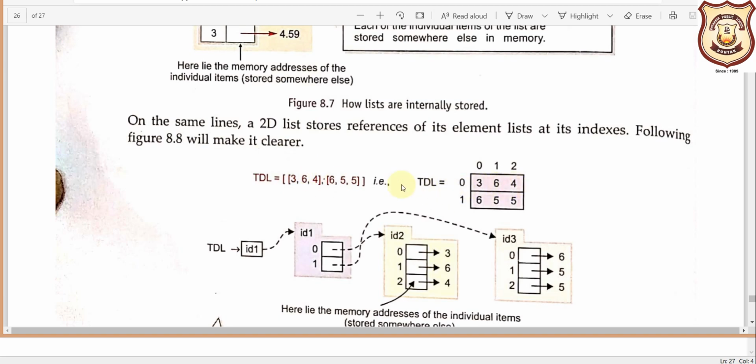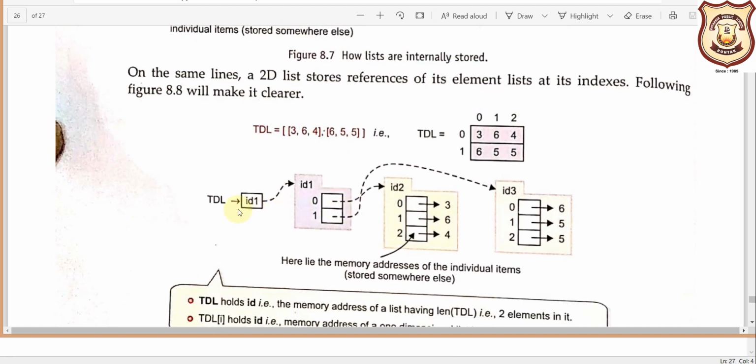How is it pointing out? See, this 0 will point to a location where all these values are stored, and this 1 will point to the location where all these values are stored. How will it be stored like this? You can see with the help of the diagram also. So when this id1 is being referred, this is id1, this is id2. So how is this id1 referring, it is storing the index 0 and 1 also. This 0 is indicating this particular list, and this 1 is indicating this particular list. Fine. So it will point to a location where these values are stored.